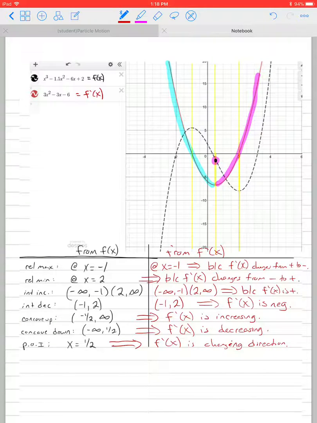Because derivative increasing is concave up, derivative decreasing is concave down. So a change in concavity implies a change in direction based off of the derivative. These are the only ways